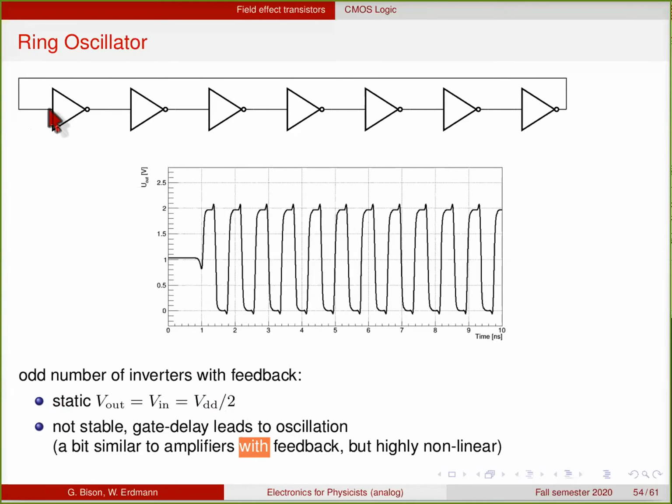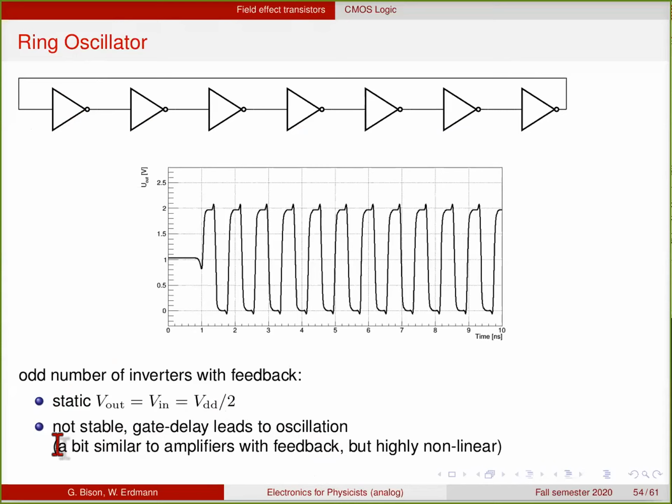As soon as one of them starts tipping over, this propagates through the chain of inverters and comes back in the end. So what you get here is an oscillation,